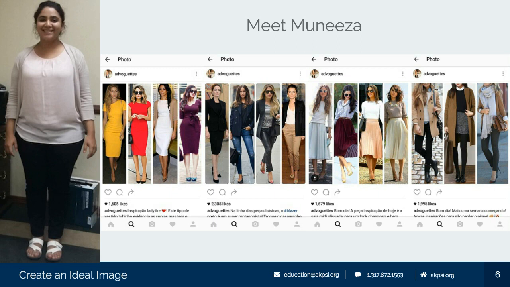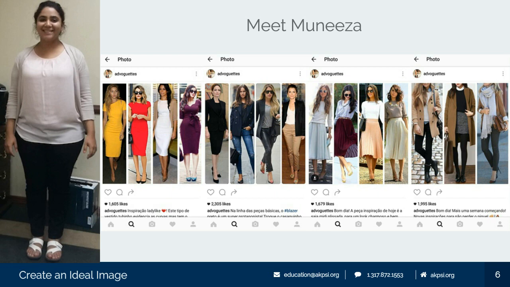So right here on this first screen, we are meeting Muniza. And again, Muniza is a young lawyer from Pakistan. She moved here to the United States, and she was going to go back to school to really advance her career. She decided to take a position as a paralegal, which is a pretty major step back when you're looking at it.